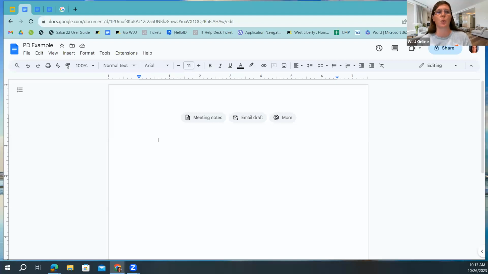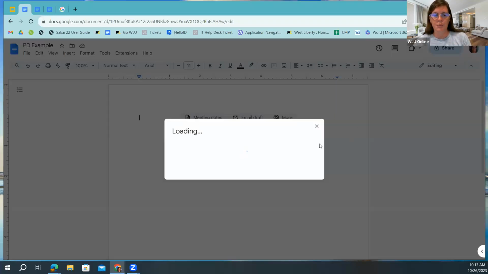We don't have to work around each other's schedules. We have that flexibility to work with one another. So I'm going to show you the share settings. Up here in the right corner is share. And if I hover over it, it says private, only to me. That is default. By default, Google will always be private to you. So if we click on share,